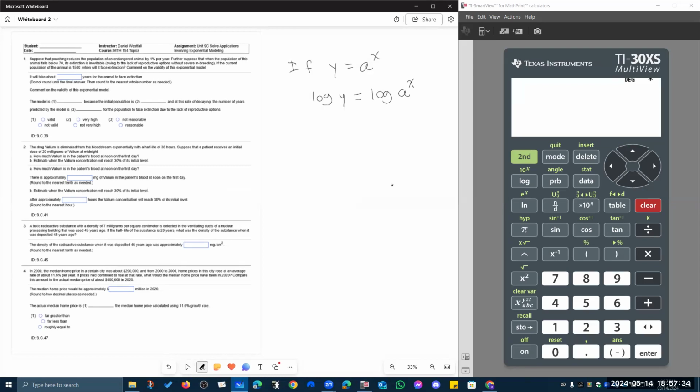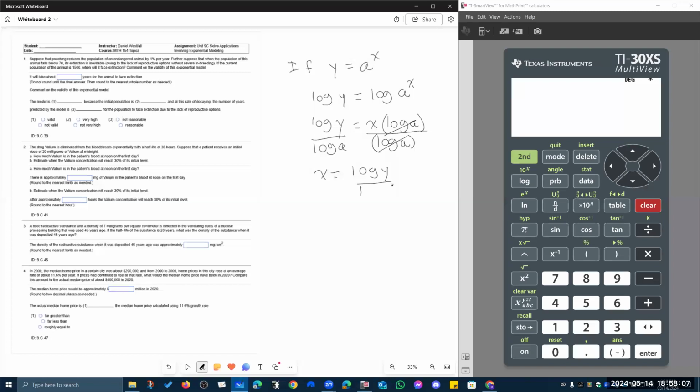And then one of the fun things that happens with logs because of their properties is that the exponent is going to come down in front of the log by way of multiplication like this. And then I can divide both sides by the log of the base. And I can solve for the exponent